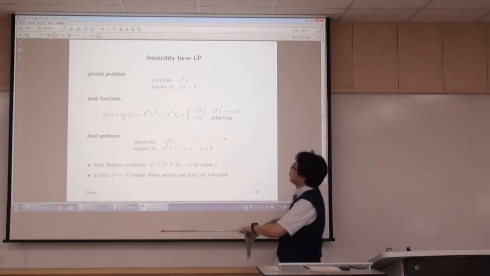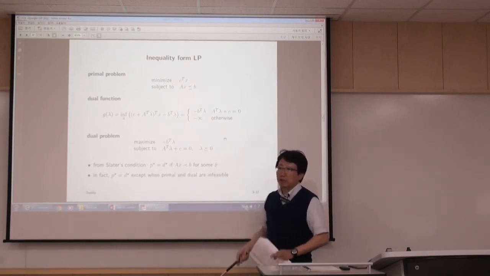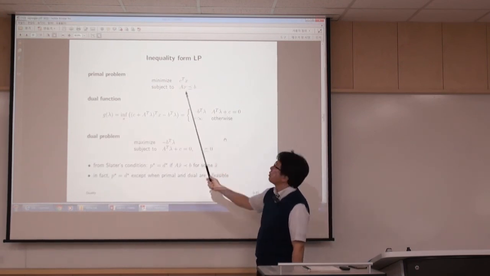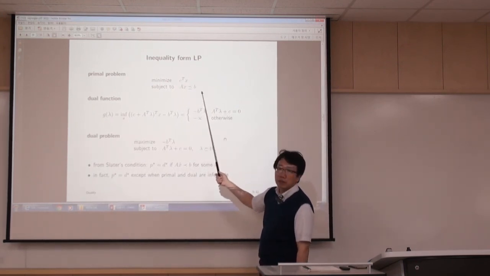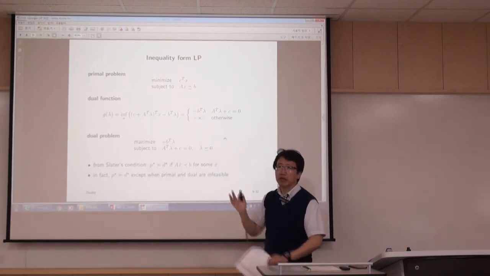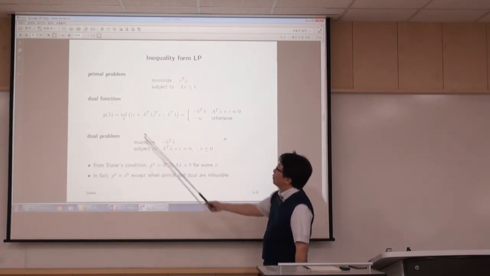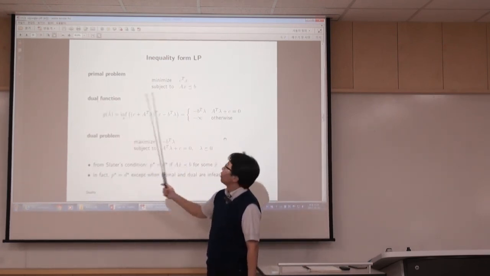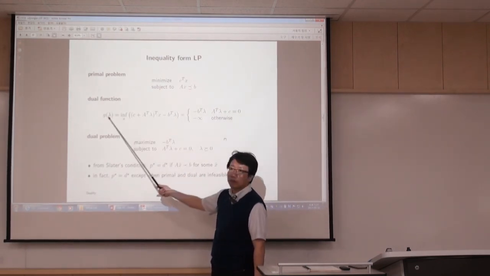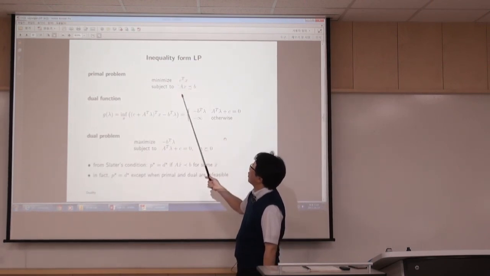Now we have inequality form LP. Of course, there are many inequality form LPs, but here we want to minimize c transpose x. And what's the difference? Here is inequality, and we don't have first orthant constraint. Got it? Now, given that, we can just introduce lambda as our dual variable, and we infimize this plus lambda